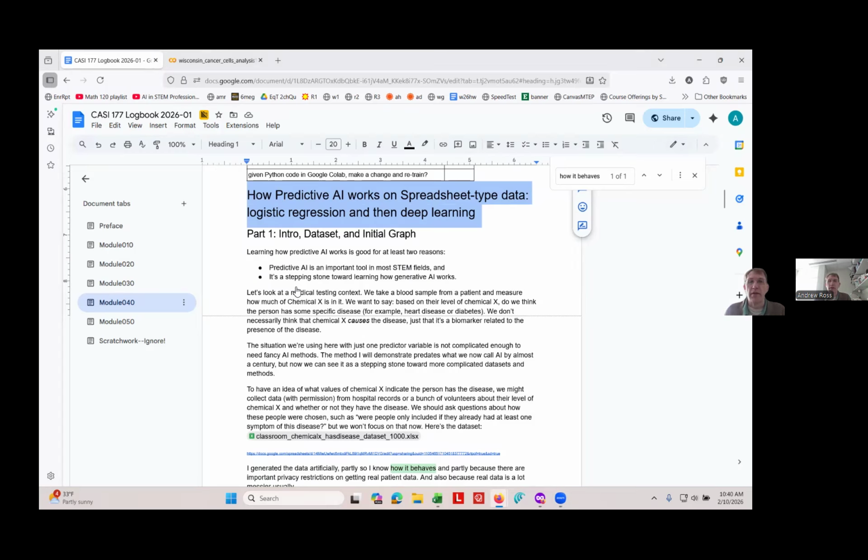So let's look at a medical testing context. Let's say we take a blood sample from a patient and measure how much of some chemical, we'll call it chemical X, is in the blood sample. And we want to say, based on their level of chemical X, do we think that this person has some specific disease, like heart disease or diabetes or something? We don't necessarily think that chemical X causes the disease, just that it's a biomarker related to the presence of